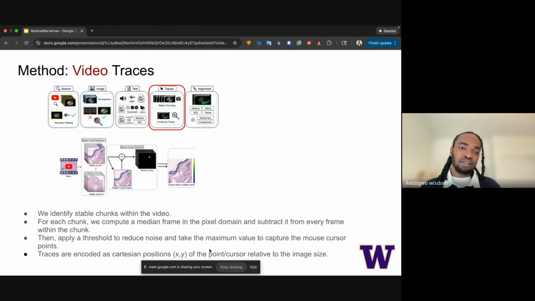Next, we tackle the traces. Spatial traces here are extracted from long stable chunks within the video. For each chunk, we compute